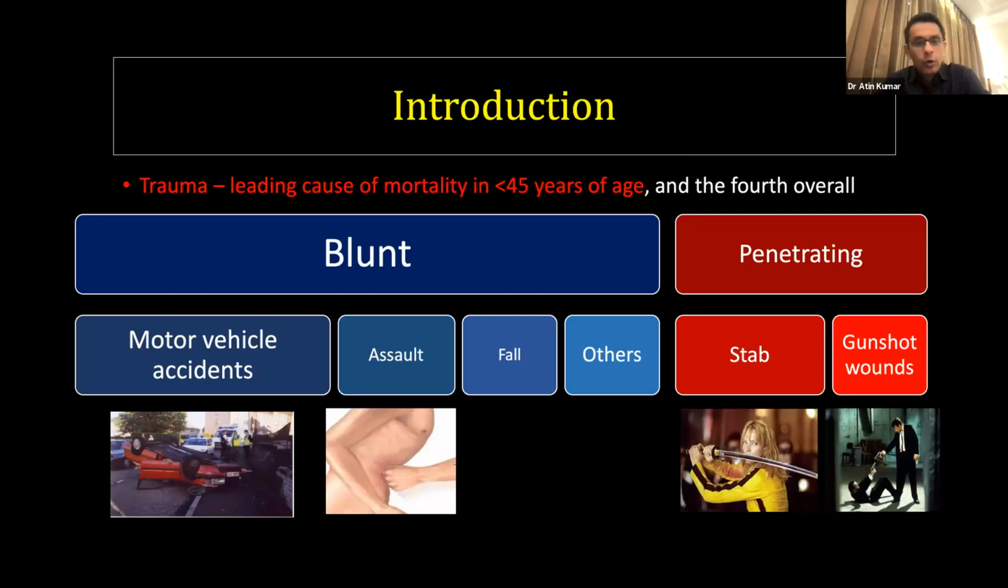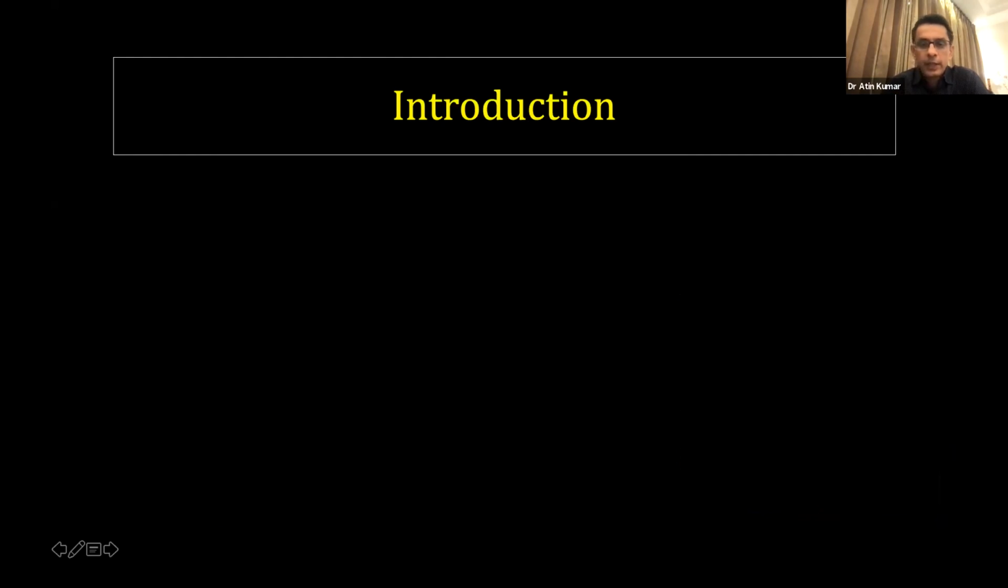Trauma is, we all know, the leading cause of mortality in less than 45 years of age, and it's the fourth overall. It affects basically young people, right? Because these are the people who are mostly on the roads, mostly who are working, and trauma is something which is related to usually accidents or fall from heights. It could be blunt or it could be penetrating. In the blunt category, the motor vehicle accidents, assaults, and even fall from heights are the most common etiology. Whereas in the penetrating trauma, stab wounds or gunshot wounds, penetrating wounds are the ones which we get to see